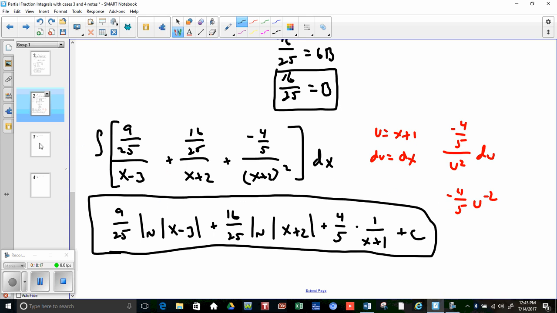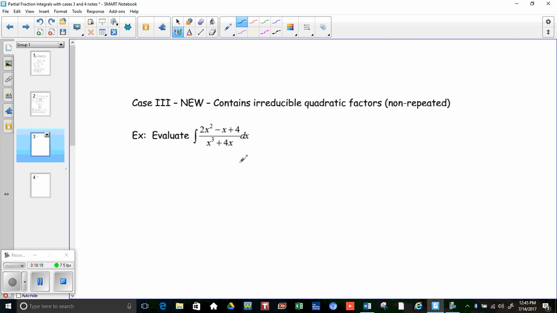Now we're going to get to a couple of cases which you probably have not dealt with, and if you have, that's great, but if you haven't, this will be the first time you've seen it. So what's different about this one is, the first thing is it's not in the right form. First of all, we got a cube in the bottom, and we got a square in the top, which is okay, but we need to factor the denominator first. So we're actually going to rewrite the integral